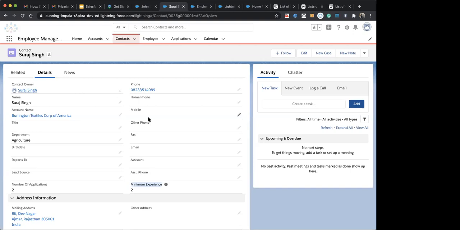That team has a different set of permissions and visibility, and a record created by that team should be treated in a different way. So at that time you create that record type.